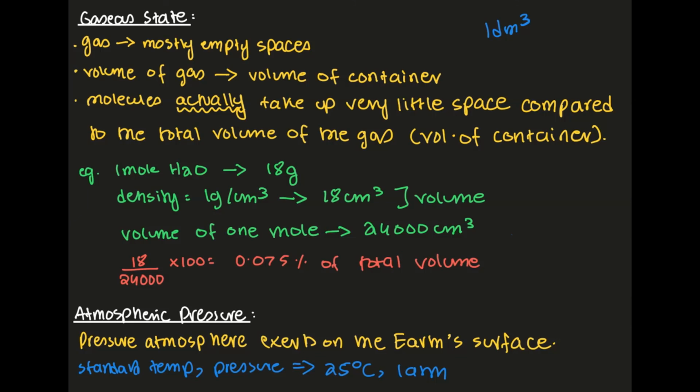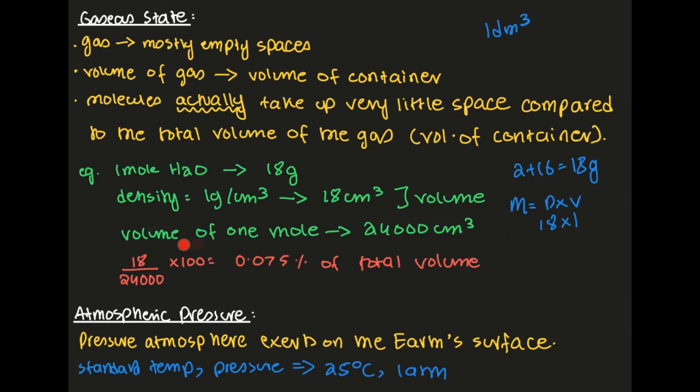So let's take a look at a few calculations. If you have 1 mole of H2O, so if you take out the Mr, you're going to get 2 plus 16, which is going to give you 18 grams of H2O, right? So the mass of H2O that you have right now is 18 grams. If we use the formula mass equals density times volume, we're going to get the volume as 18 cm cube. So if you took that gas and you condensed it, you would get 18 cm cube of water.